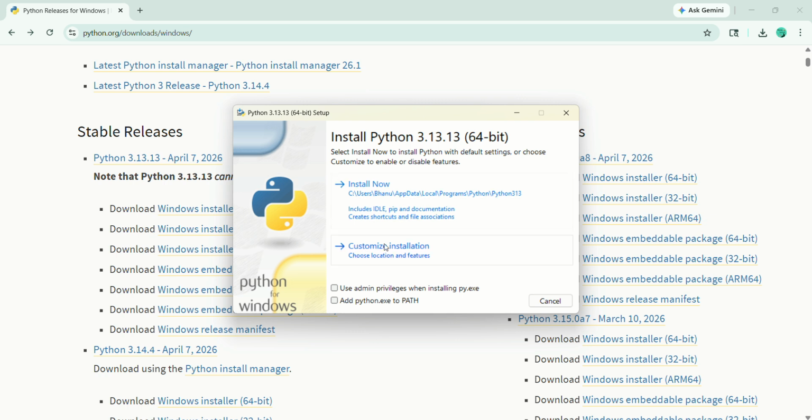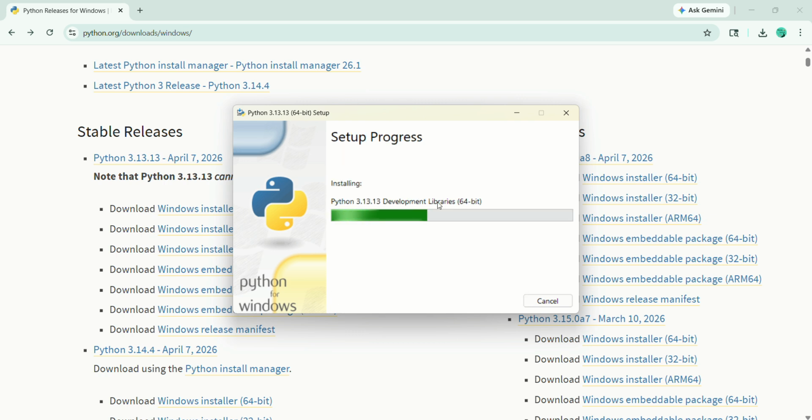Install now or customize installation means that we have an option to set the path where we want to install Python. So this is not all that. Add python.exe to PATH. Just click here and install now. While installing Python 3.13, it takes a couple of minutes, and after that we just need to open our Visual Studio Code,